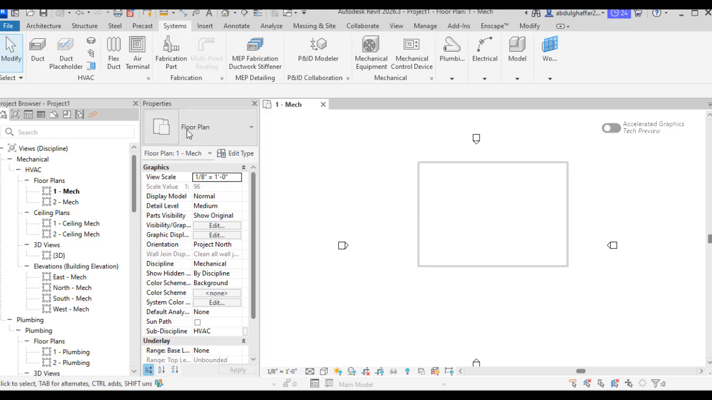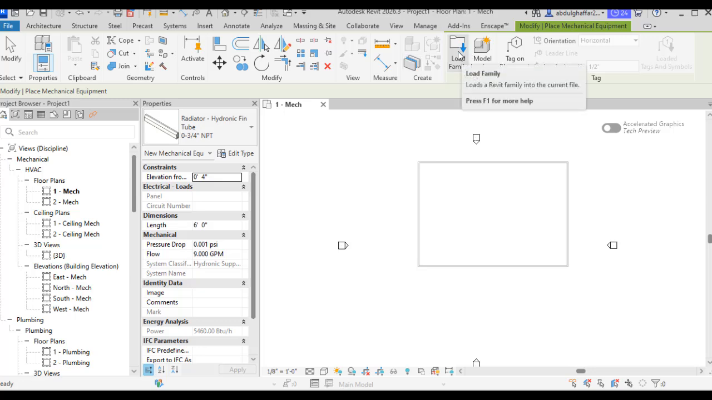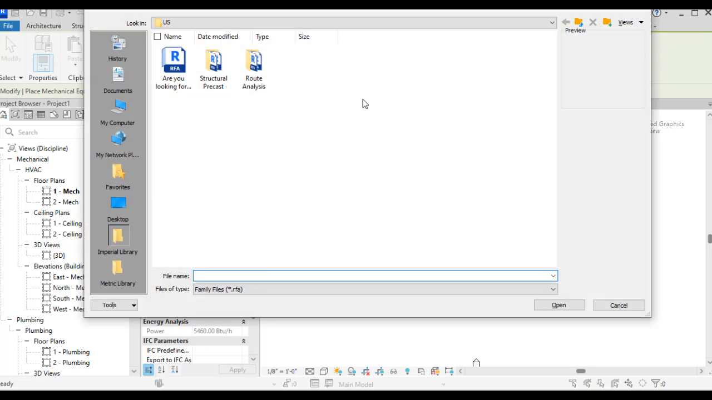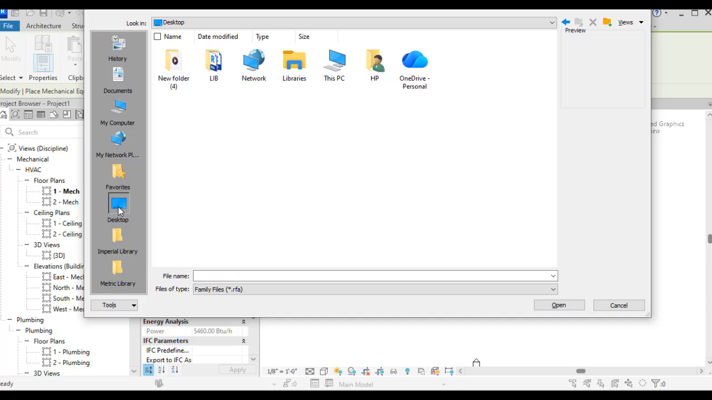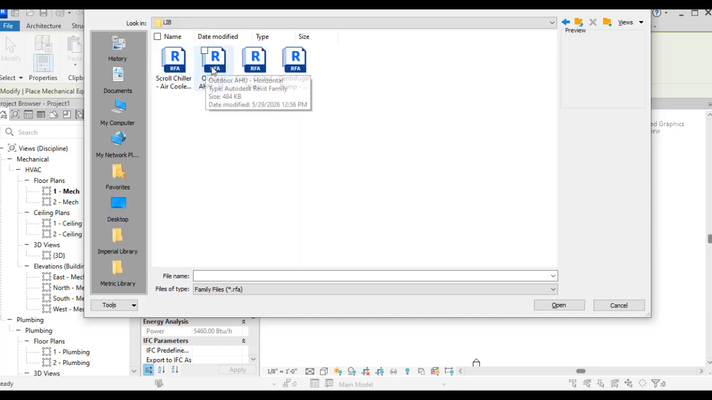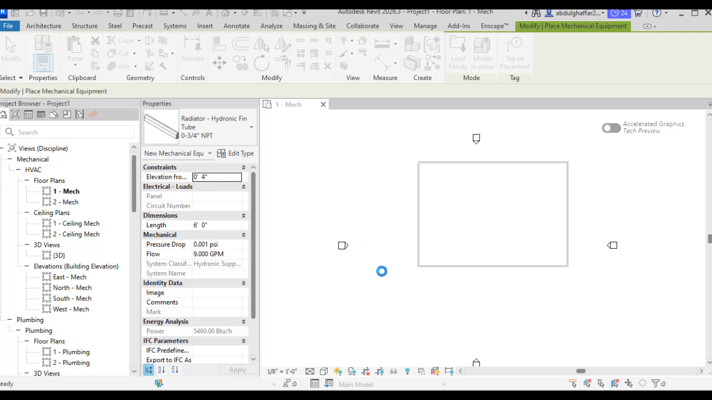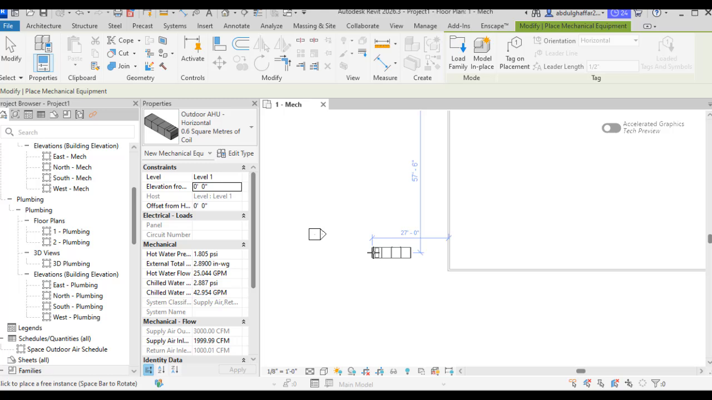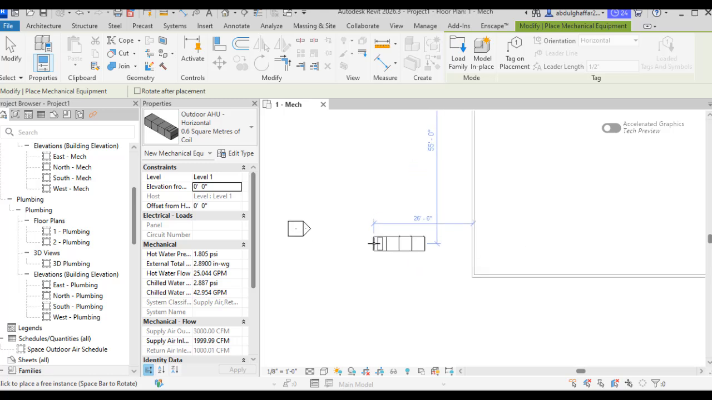For adding equipment, you go to this mechanical equipment template. Go to the load family option and just click on it. Go to where you can add your library. I have placed all these things on the desktop. So you can go here and first of all import your AHU, click on it, and then place the air handling unit